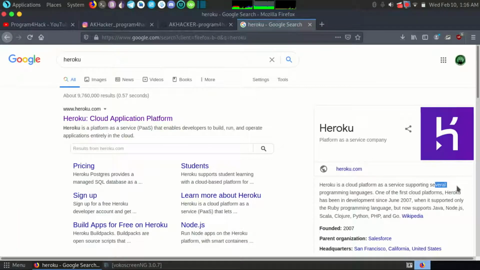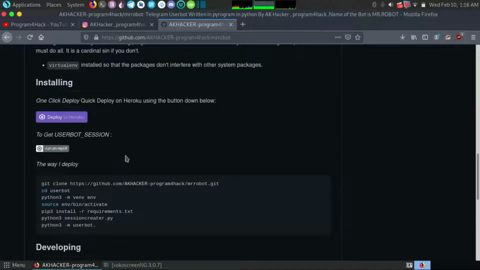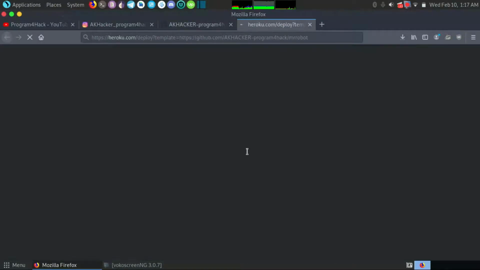You can see several programming languages it supports. So you can host your scripts there. It has a free account also, so you can use it. You can make an account on Heroku and click on this button, and you will get the requirements you want to enter.